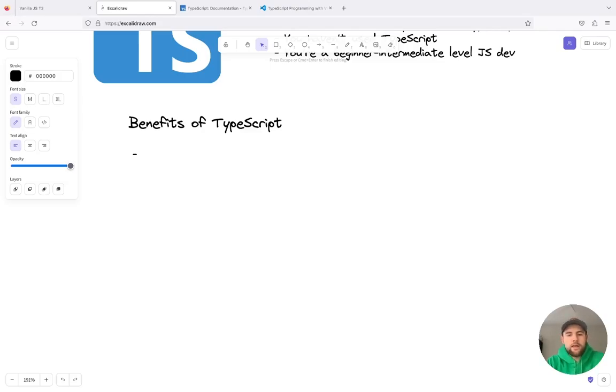The first one is just code checking in general. So in other words, if you're using Visual Studio Code and you're using TypeScript, Visual Studio Code is basically walking through all of your code base and making sure that everything talks to each other appropriately. So we will see this in action as we start to refactor.